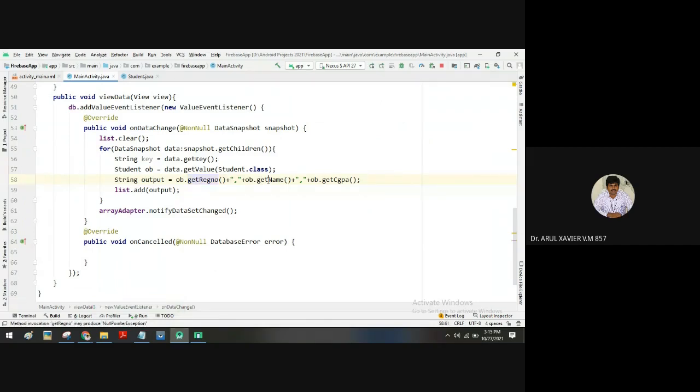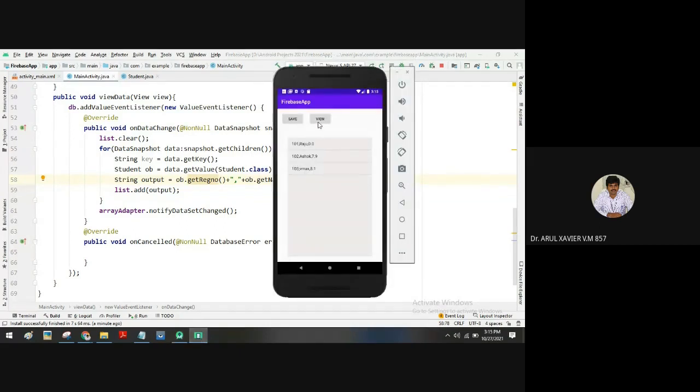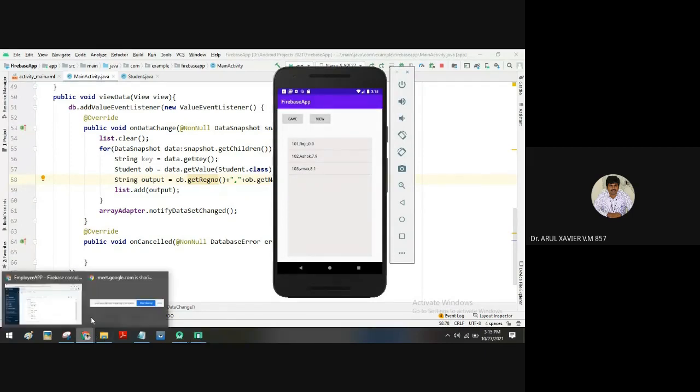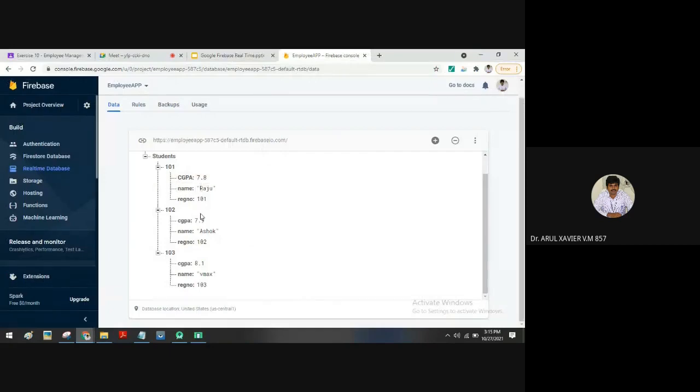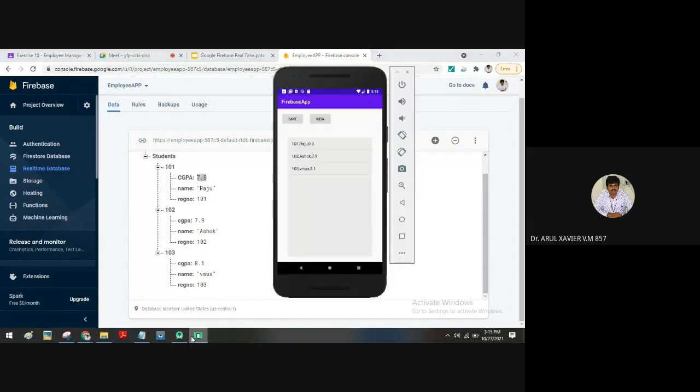ob.get register number, get name, get CGPA. CGPA spelling is correct only, right? 101 is 7.8, right? Some mistake, maybe.